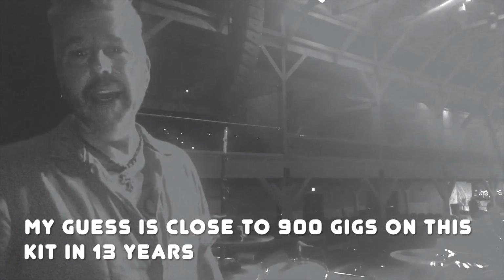That's probably like 80 gigs right there, or 70. So workhorse. Yeah, it's been on the road a lot. Yeah, it actually has. And then my snare is a Ludwig Black Beauty, and you can see I got the